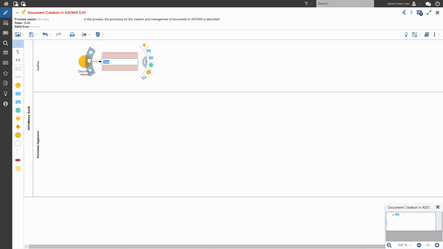So once you create the task, it also creates the valid relation from start event to our first task here. So the first task we need to do is create document. So I'm just going to create a series of tasks here to begin our process. So after we create the document, we need to fill the mandatory attributes.